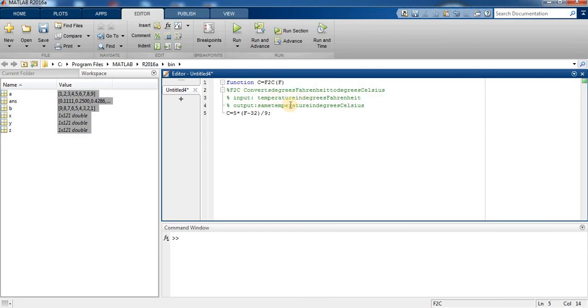Input is temperature in Fahrenheit and output is temperature in degrees Celsius. As you know, the formula for converting Fahrenheit temperature into Celsius is C is equal to 5 multiplied by (F minus 32) divided by 9. So press enter and then save by clicking on Save and Save As.